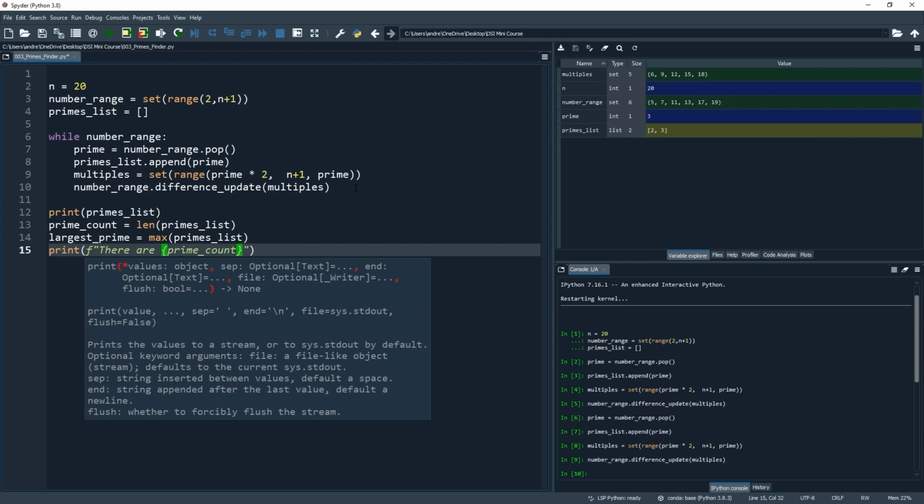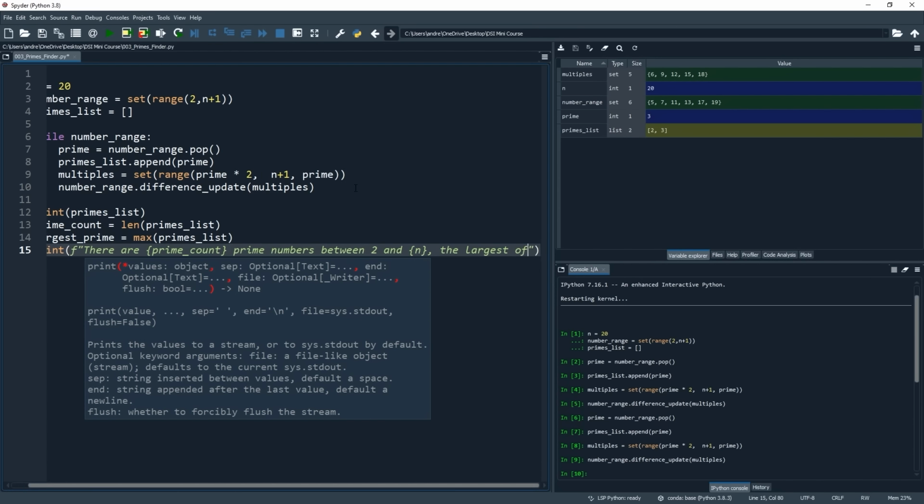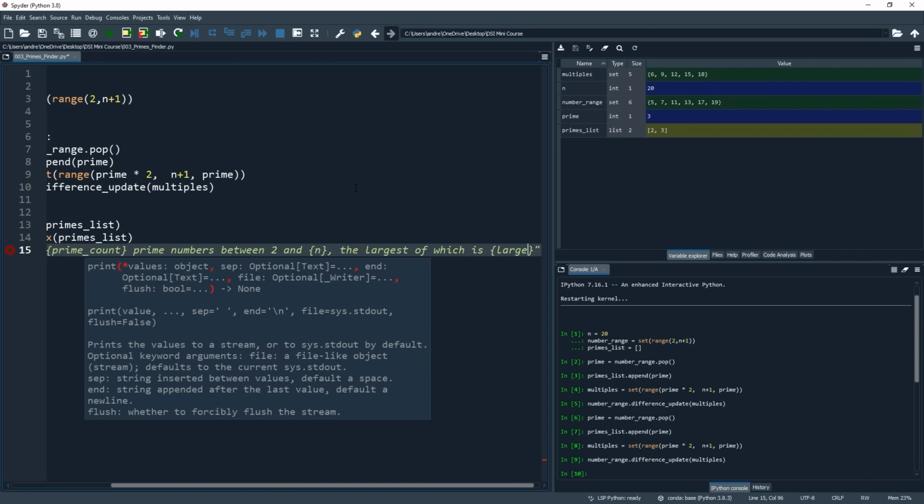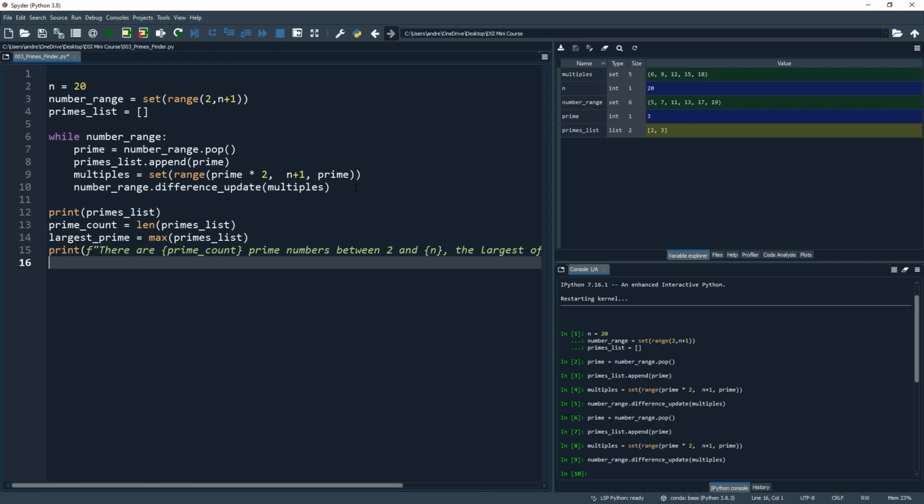Then after that set of curly braces, let's put prime numbers between 2 and then another set of curly braces. And here we're going to put in n, which is our object denoting the upper bound for which we're searching for primes beneath. Then after that set of curly braces, let's put comma and let's put the largest of which is, and curly braces again. And this time we're going to put largest prime. Perfect. So head to the end of that line and enter down, and we are good to go.